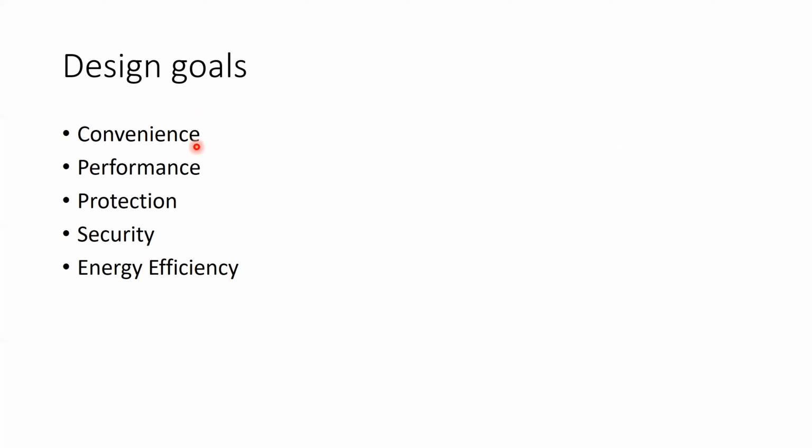Secondly, it should do all the stuff that it does in an efficient manner. The performance should not be slow because the main part of the operating system is to make the user applications able to run on a system. The user is usually not concerned with the operating system, but rather the applications running on top of it, like the media player, Microsoft Word, browsers, etc. So the operating system runs in the background.